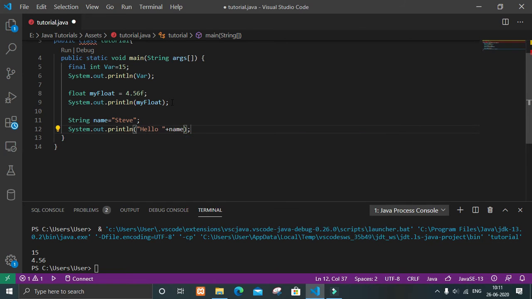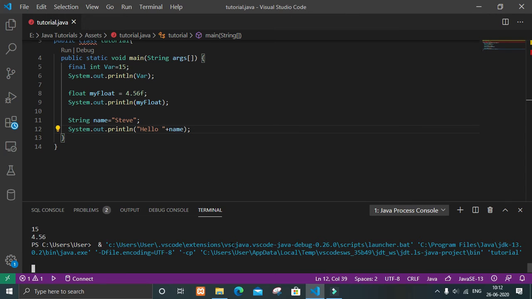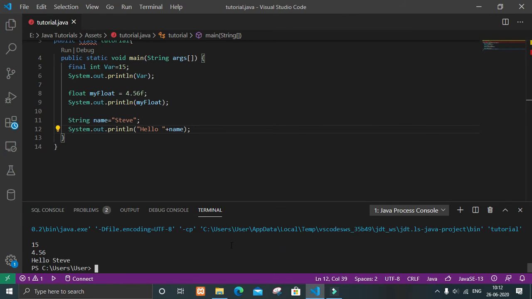Here, with the string that is given in the System.out.println, it is concatenating or joining it with our variable, that is Steve, giving the output Steve. So now if I run it, it will say hello Steve. Here you can see it is saying hello Steve.